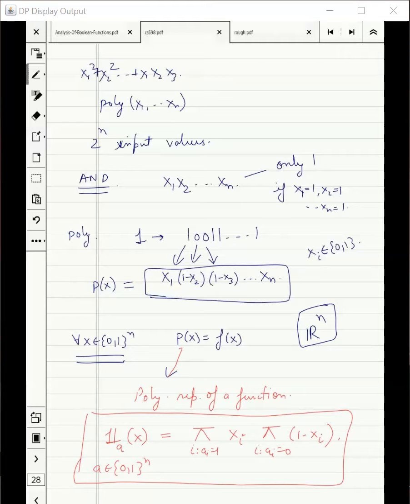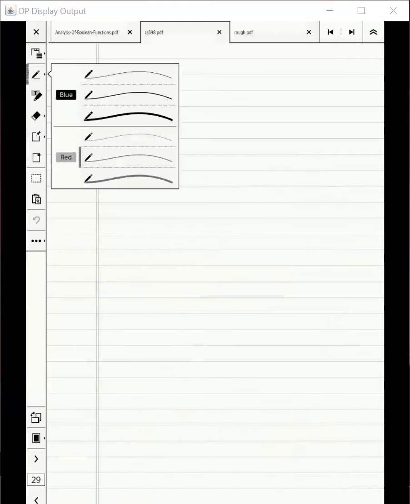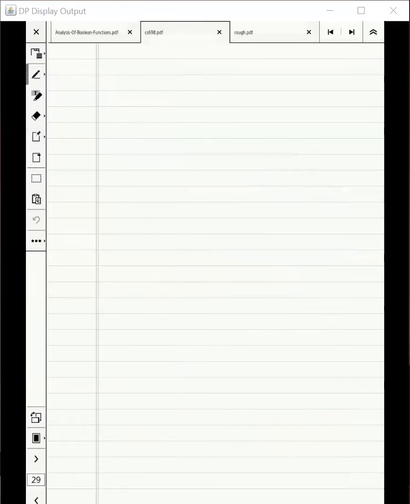Okay. Since I heard no doubts, I assume it is okay. But now if we know it, my claim is that we can write a polynomial representation for any Boolean function. How? Using the DNF, just replace every negation by 1 minus xi. But what about OR? Replace the OR with plus.